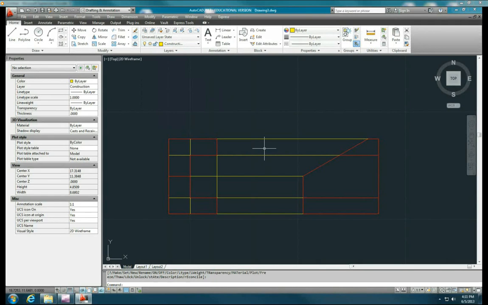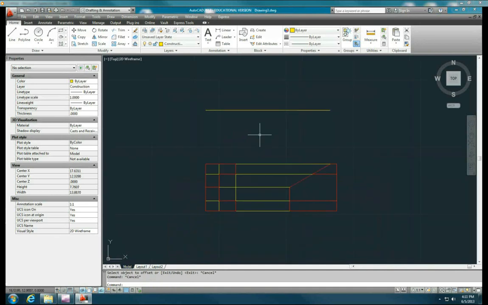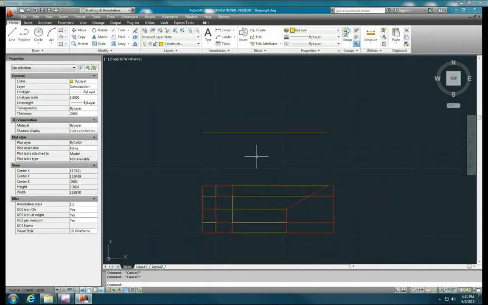Okay. Now I'll offset by 2 here between the front and right side views, and let me offset up between the front and top views by the same distance. So O, enter, 2, enter. And that actually looks kind of far, but anyway, it'll work. Okay, so I want to offset that line back by 1.75,